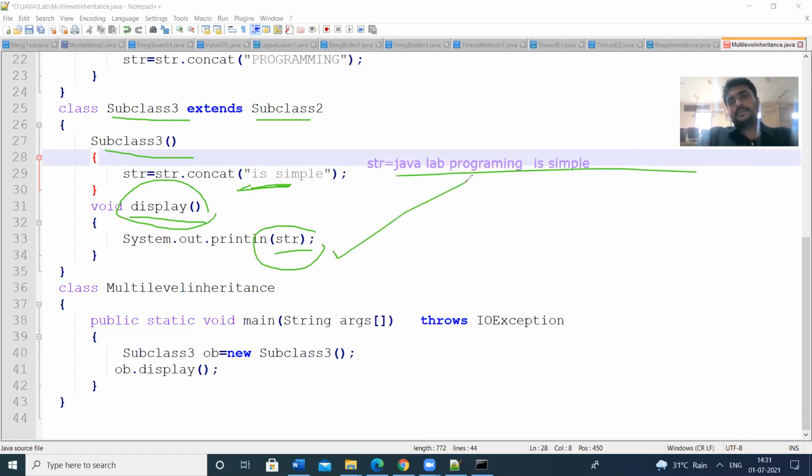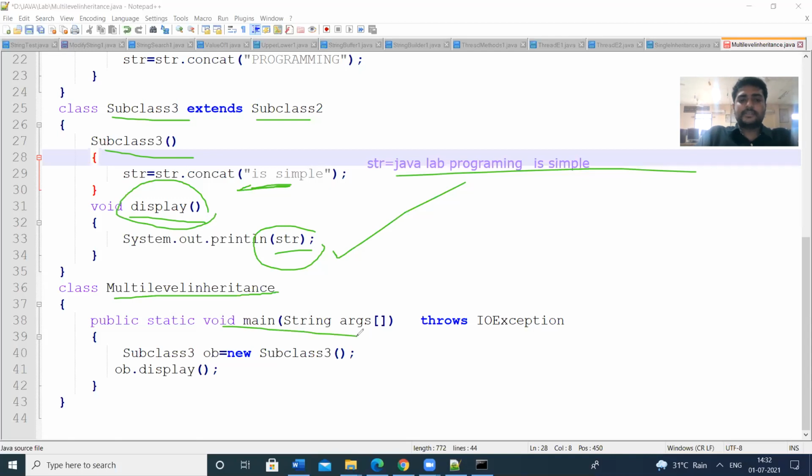These are the classes I have defined: 3 subclasses and 1 superclass. Each subclass can inherit the properties from the previously defined subclass. This type of inheritance is known as multi-level inheritance. Next, I am going to define the main class. Multi-level inheritance is the main class name.